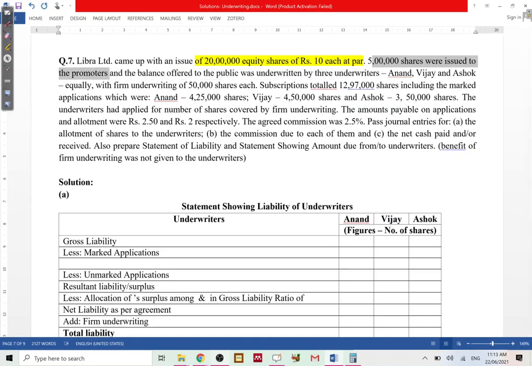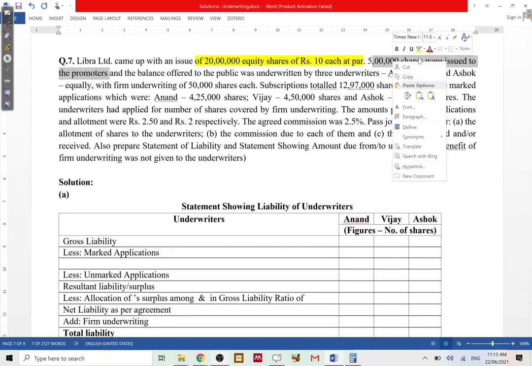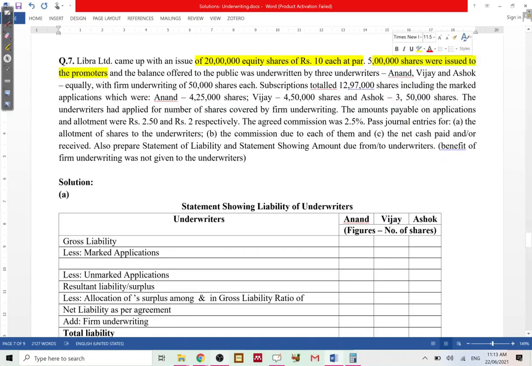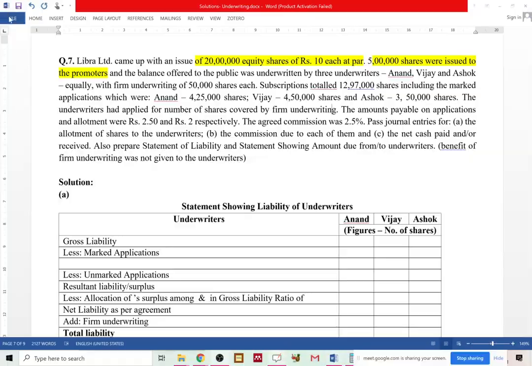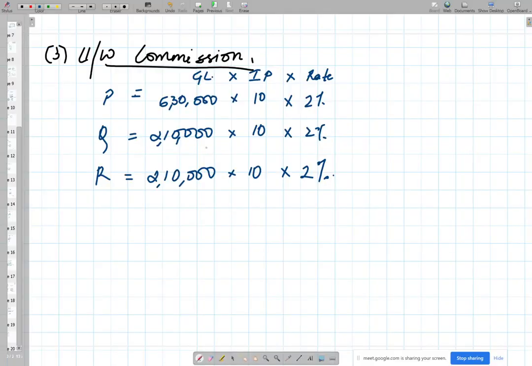This again information is very important. Anything that is issued to promoters is not to be included in the liability of the underwriters. Is that fine? So 5 lakh equity shares to be issued to the promoters. So let's see how much are to be actually issued to the public then in that case. So this is your